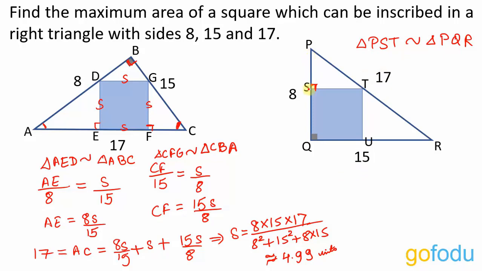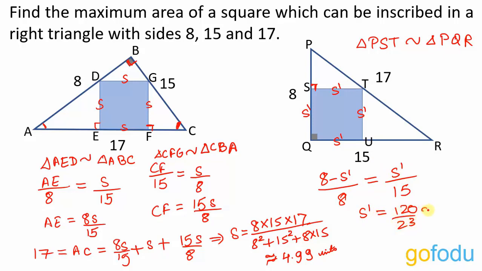So PS is what? This overall length is 8. The side length of this square is, let's say, s dash. So PS is 8 minus s dash upon PQ. PQ is 8. This will be equal to ST. ST is s dash only upon QR. QR is given as 15. Cross multiply. We already have an equation in s dash. Just solve it to get the value of s dash as 120 upon 23, which will further come out to be